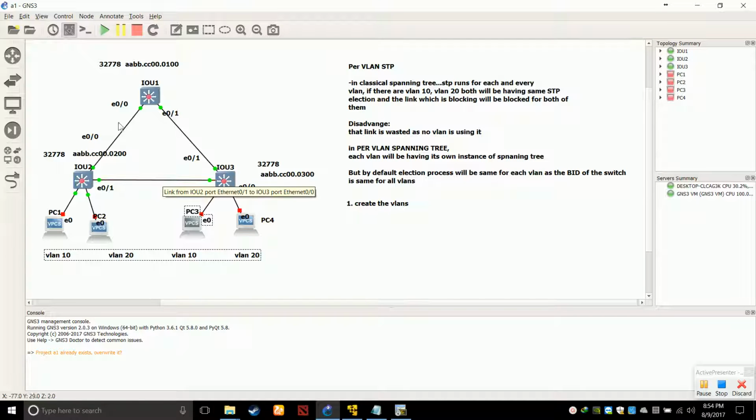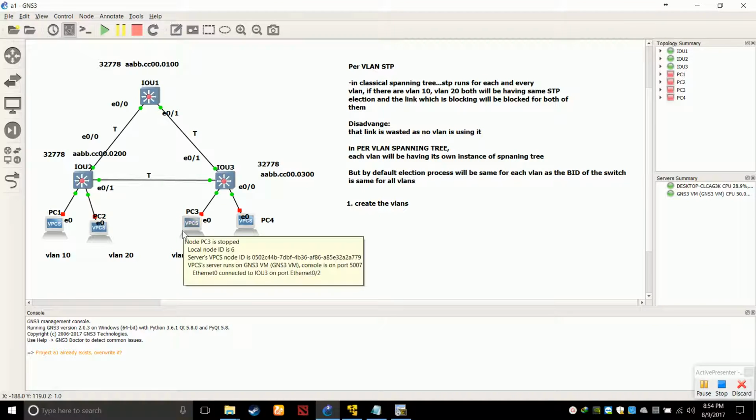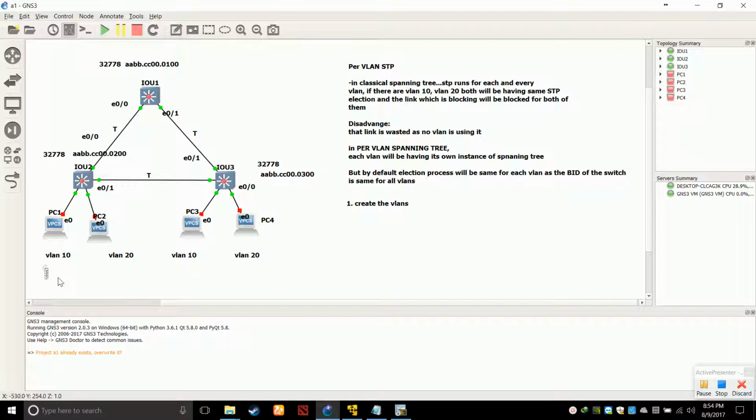That is why, whenever you have switches, it is always recommended that all the links between these switches be trunk links. These links should not be in any particular VLAN, so that they can carry all the VLAN data. Right now every port is in VLAN 1. We don't want that. We want to make these links trunks so that communication can happen and they can carry the different VLAN data. Let me show you the same thing in practical.